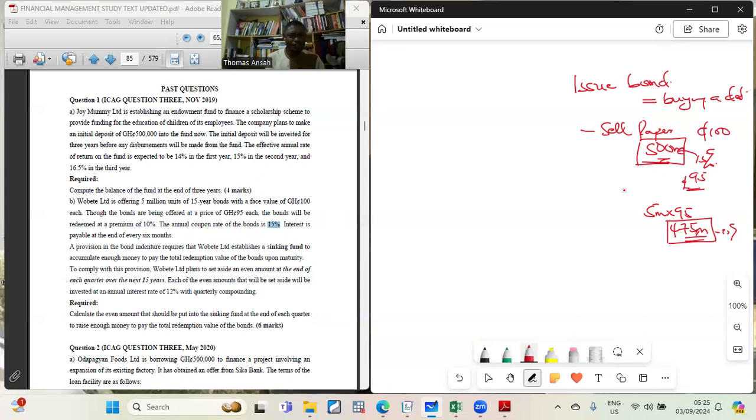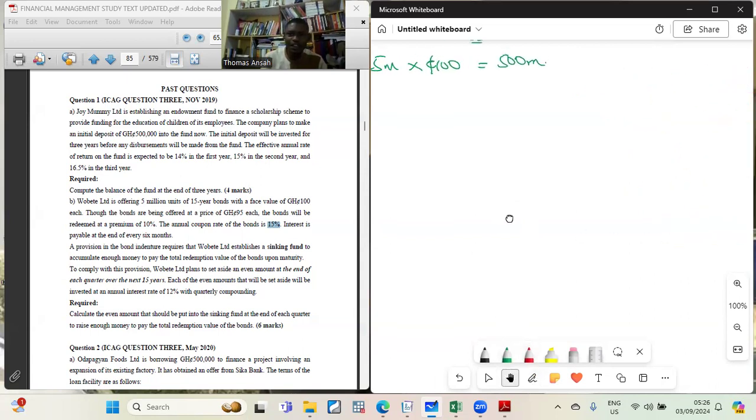And so the question is saying, for example, even though we have had this, when we are paying the 500 million, we will have to pay an additional 10% premium. So there will be a 10% on this, which is 50. We will have to pay again. Isn't it sad? But that is where we find ourselves. So that is the explanation of this question. I hope you have had something little.